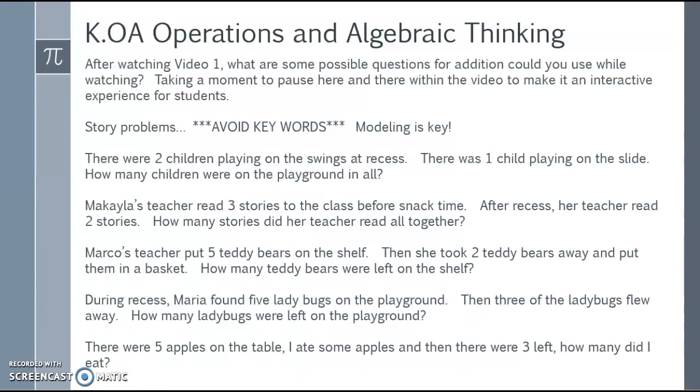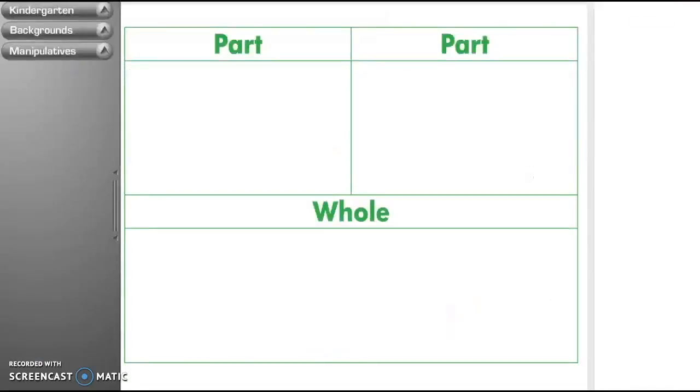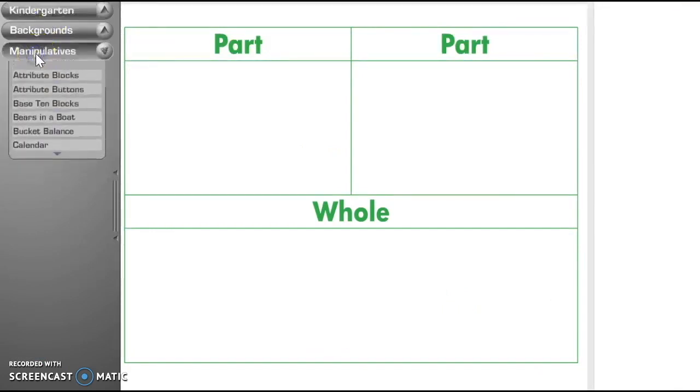So let's say there were 2 children playing on the swings at recess. There was 1 child playing on the slide. How many children were on the playground in all? So I clicked on virtual manipulatives, which brought me to this website. I clicked kindergarten, and under manipulatives, I clicked part whole here, because I know